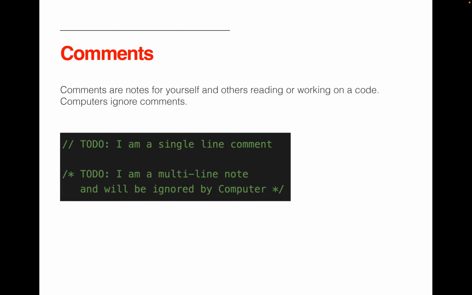Comments are text notes that give an explanation of the code. To comment a single line, use double slash. And to comment multiple lines, use a slash with an asterisk. Comments are usually used